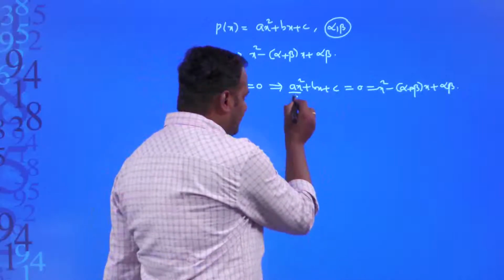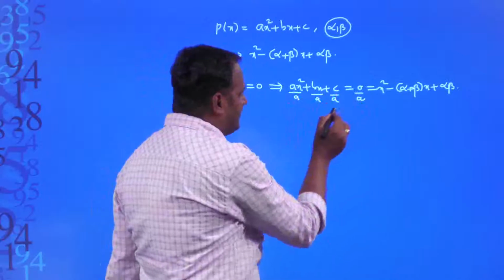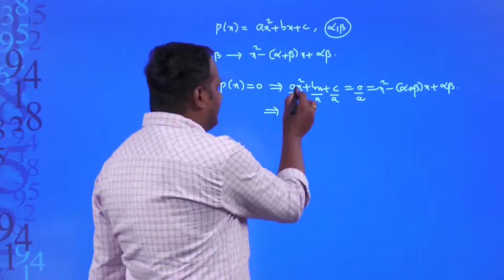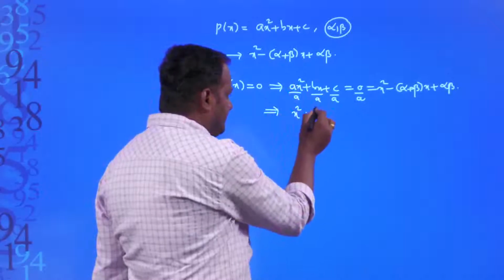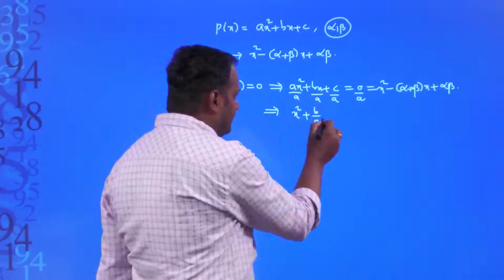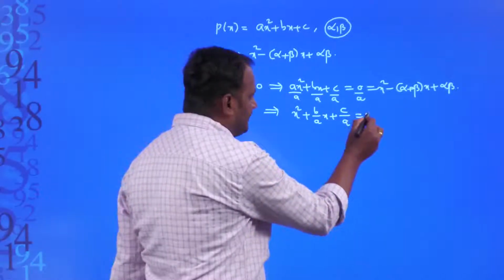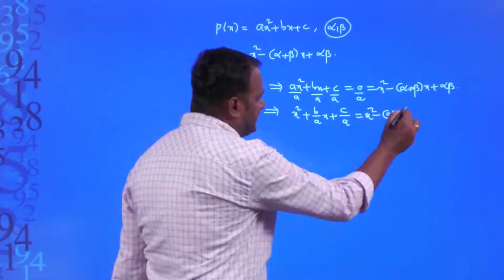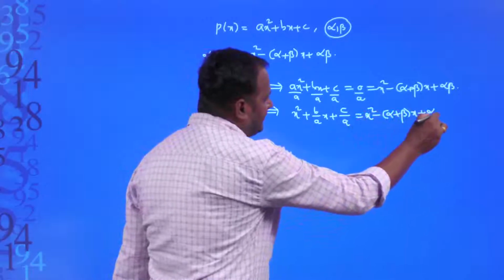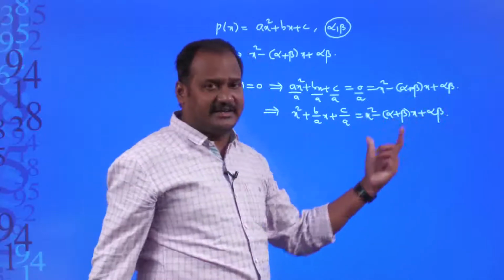So I divided by a, and this is also by a. Then ax square by a would be x square plus bx by a would be b by a into x plus c divided by a is going to be x square minus of alpha plus beta times x plus alpha into beta, right. Since these two are same,